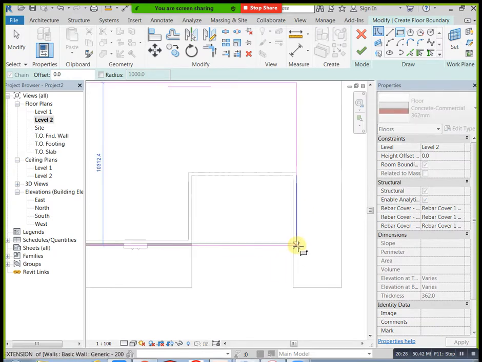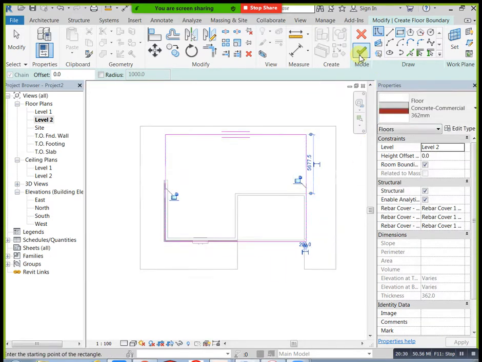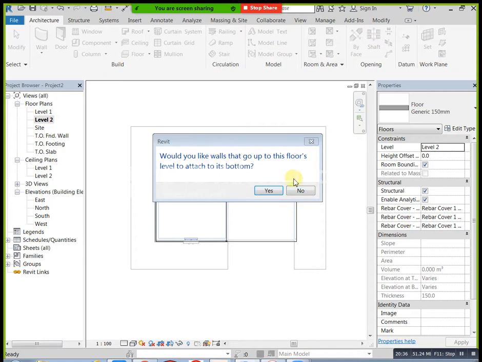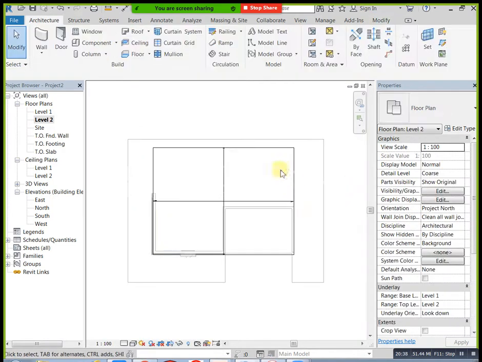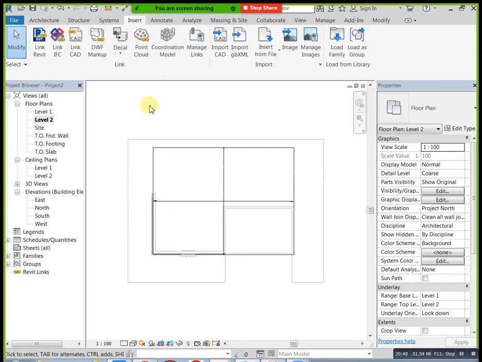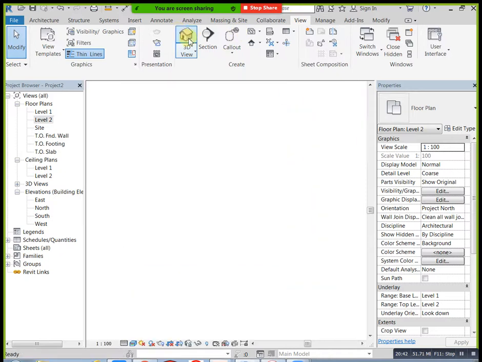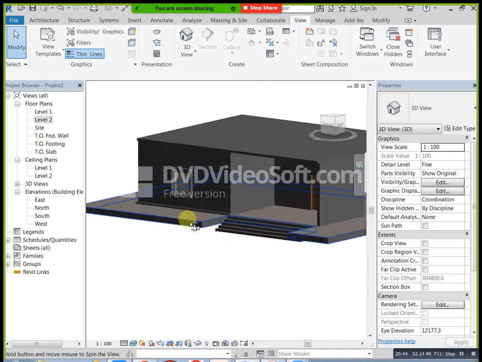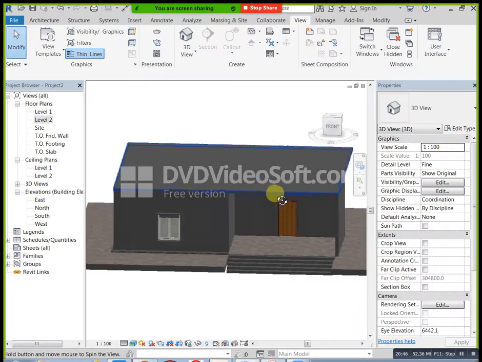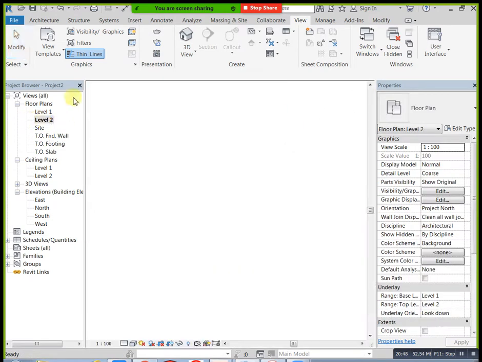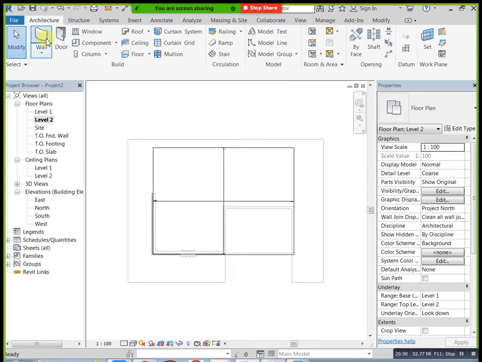Go here, 3D. Okay, here I need to apply parapet wall. Just go to level 2, take architecture, wall. Just you can apply your wall. For example, unconnected is there now. Just I am applying 2 feet or 3 feet, 900 mm. 900 is very heavy. You can apply 750 or 600.